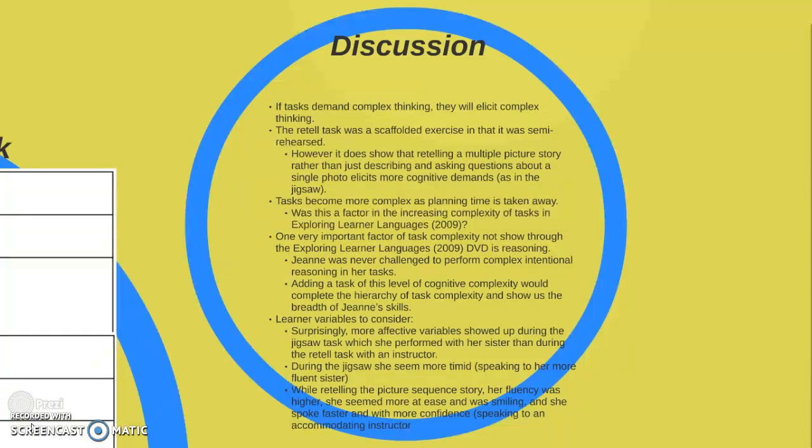Another thing occurred to me in my research was that what makes tasks more complex is taking planning time away, and that was something that we didn't know during our time with Jean and with their learners. We didn't know how much prep time they had for the writing task, for the comparison or jigsaw, and so it's hard to decide how complex. We know that the tasks became more complex because of the type of tasks that they were pedagogically, but we don't know if they were scaffolded up and sequenced to be more cognitively demanding as far as planning time, which is one of the major